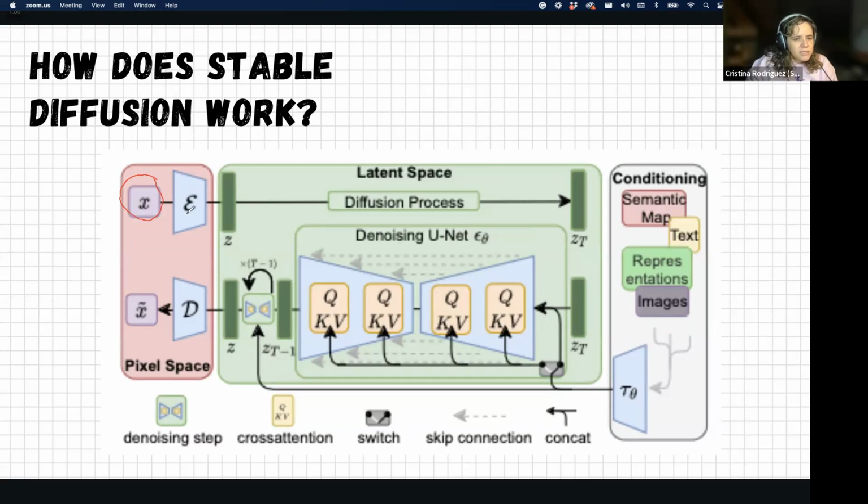Let's skip this E for the moment. What you are doing is the diffusion process, which I will explain in a minute, and it is a machine learning process. So you put the X through the diffusion process,